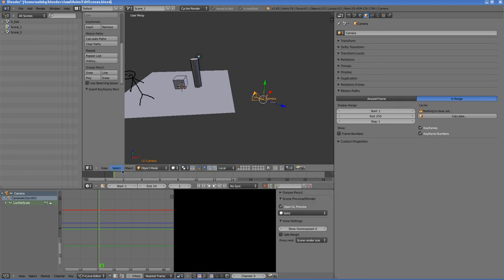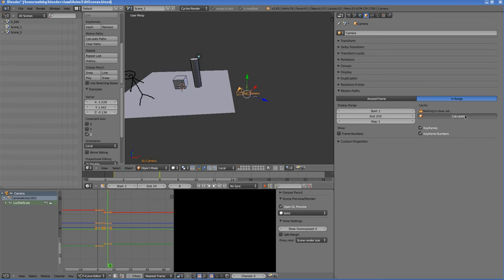Now I'll go to some other frame, and I've switched the orientation to local. Then move the camera a little. You'll notice a keyframe added. Let's calculate the paths.